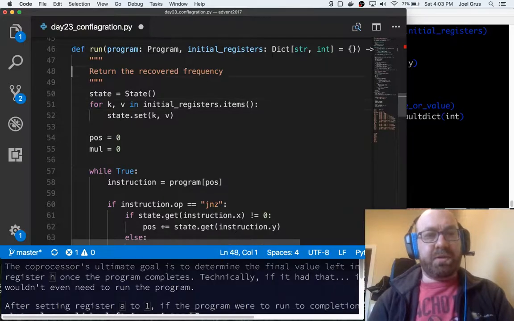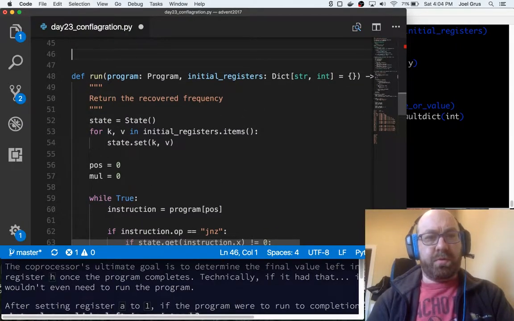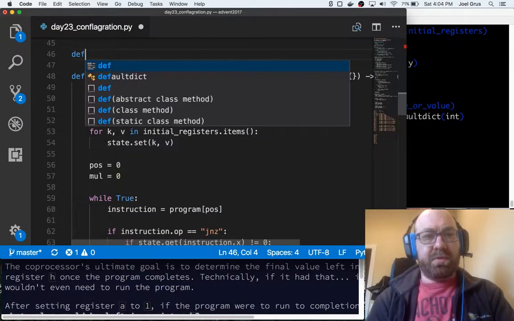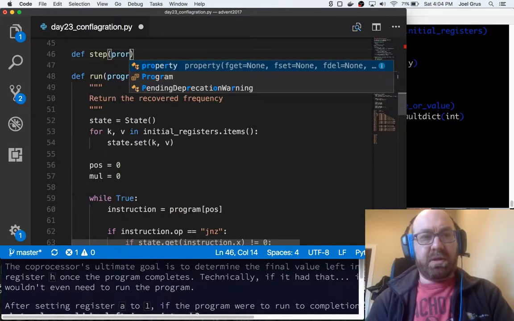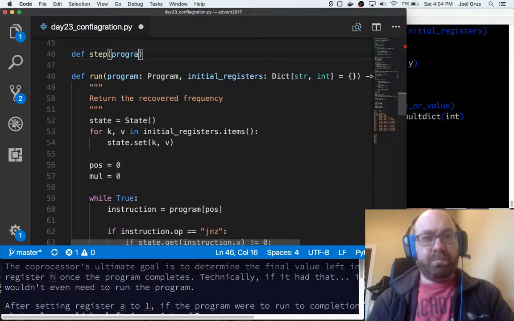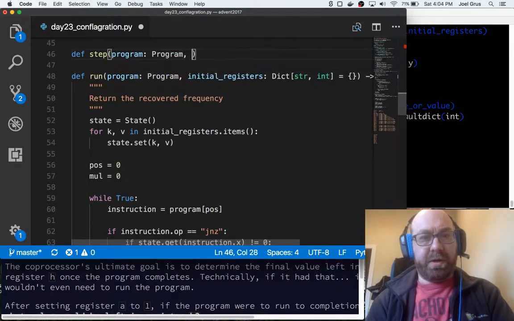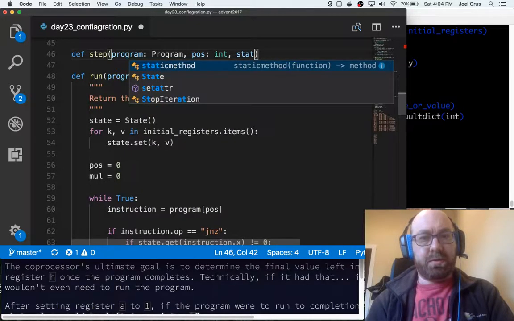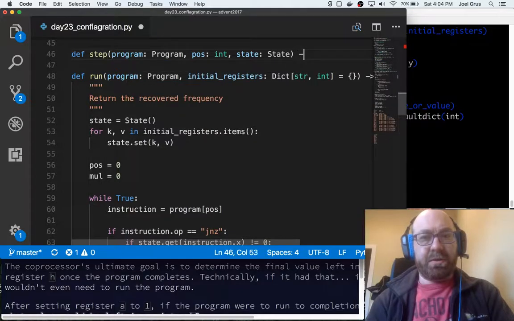So let's do the following. I just want to step program, pause, int, state, and it's going to return